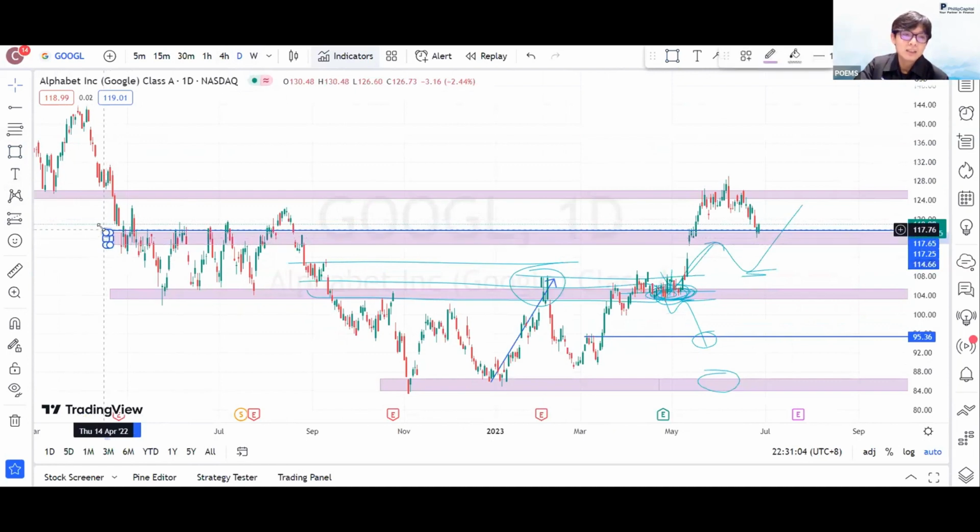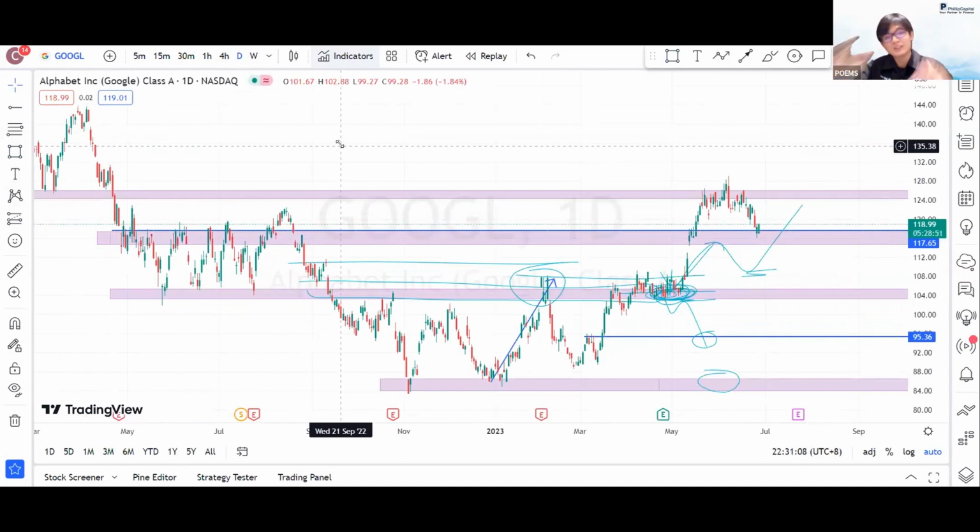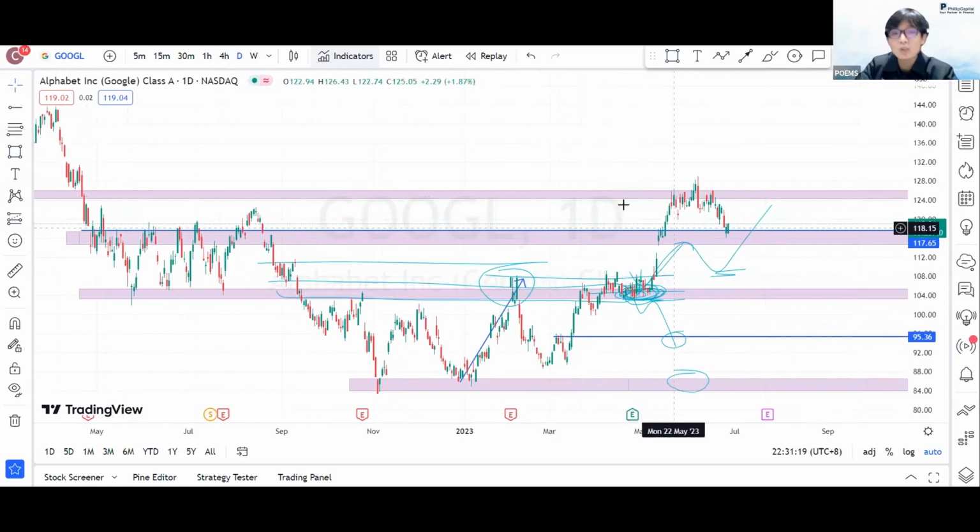Why will a supply turn demand? As a supply, a lot of orders are coming in for shorts. So when price starts to trade above it, that's more or less the area where people will put their stop loss and everything. Eventually, when price starts to sustain itself above a supply or below a demand, the level will be a flip side already.